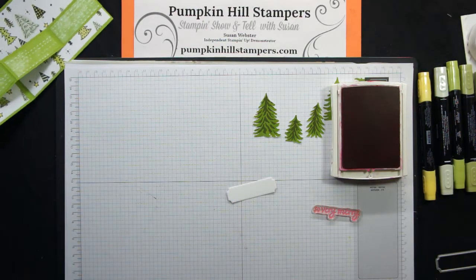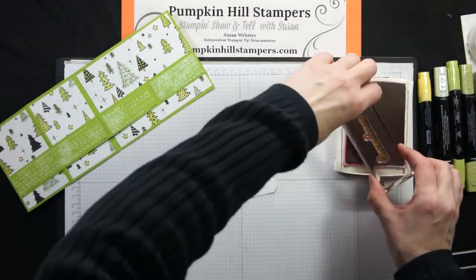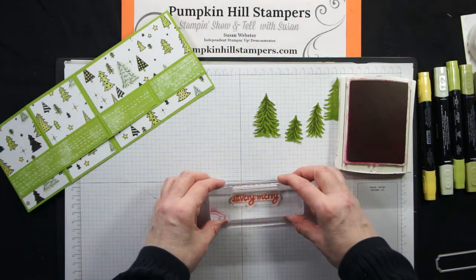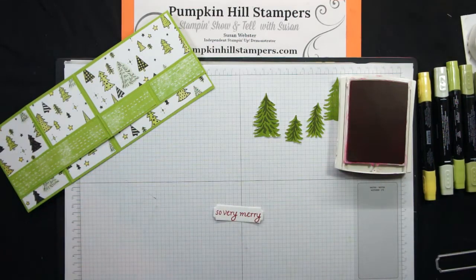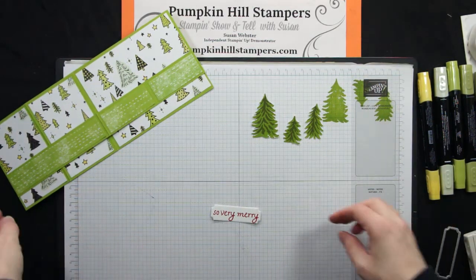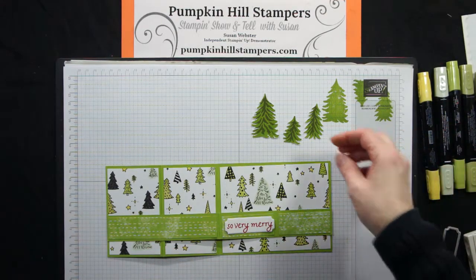So Very Merry. So from the stamp set, Trees for Sale, So Very Merry. I'm just going to put that on my block, and I'm going to use red for a little bit of contrast. And I'm just going to stamp that down on my tag. Alright, back on track. So, here we go. I'm going to first add my So Very Merry there,